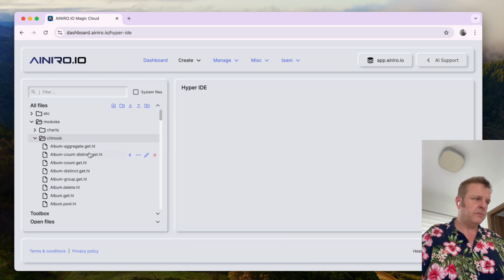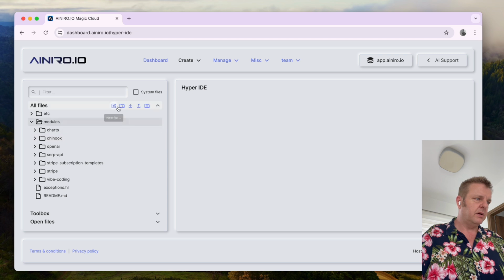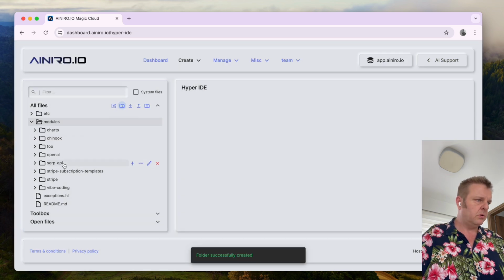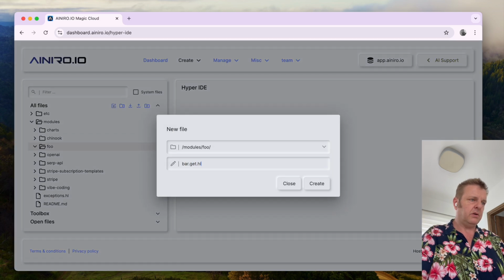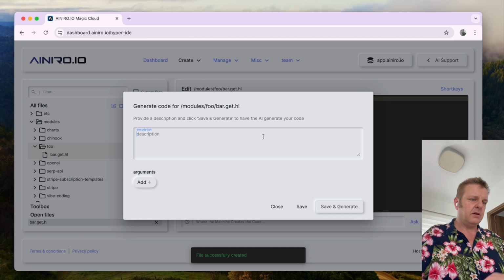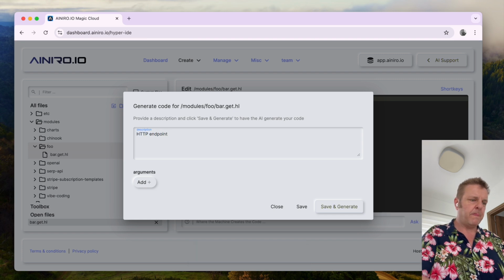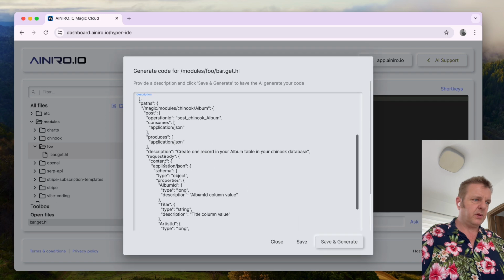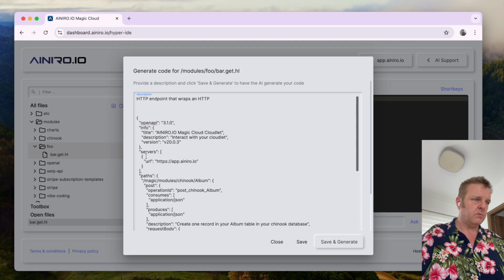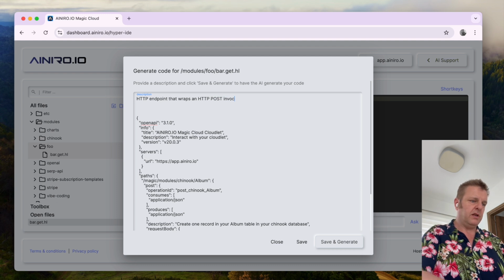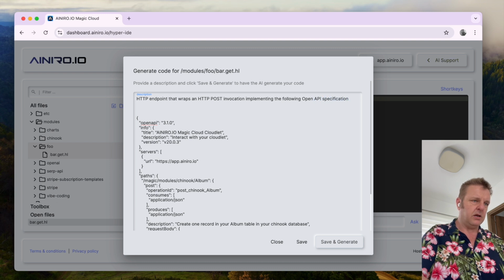So now I'm done. Now I can create a new module, bar.get.hl, and then I can write: HTTP endpoint that wraps an HTTP, what do I have here? Okay, so I got the request body, create one record. Okay, so we're now in post. That wraps an HTTP post invocation, implementing the following Open API specification: